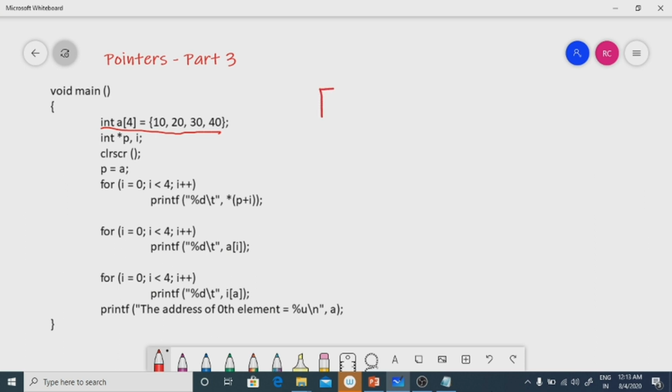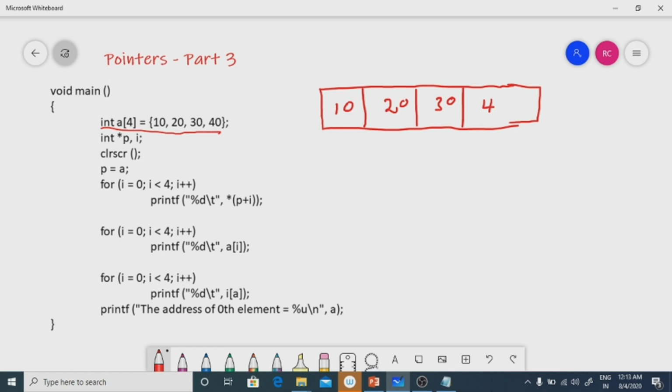Memory will be allocated to store 4 elements: the 0th element, first element, second element, and this is the last element. The name of the array is A, and the starting address is 65518. Again I consider 2 bytes for my convenience.